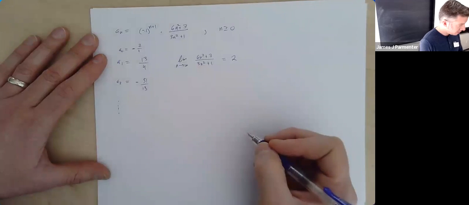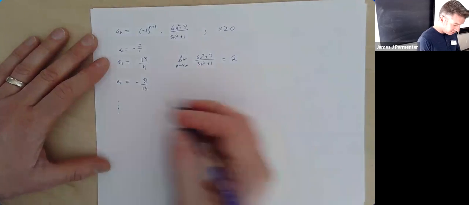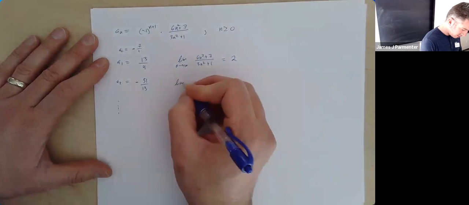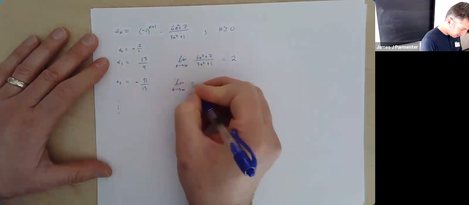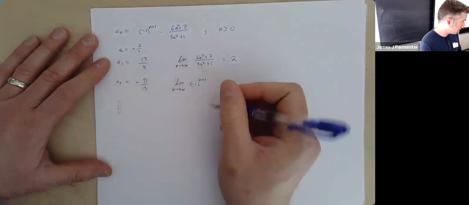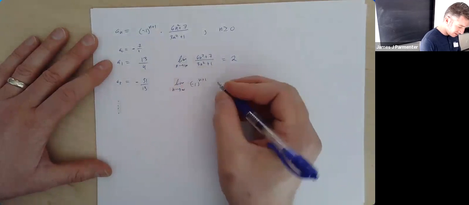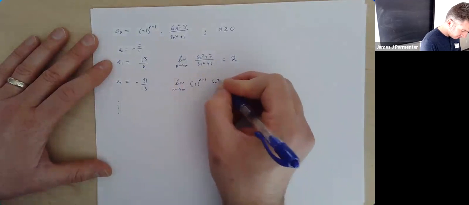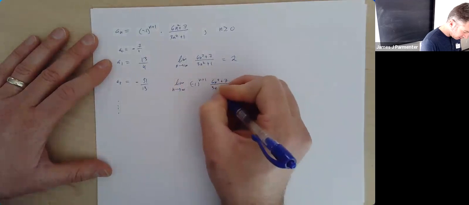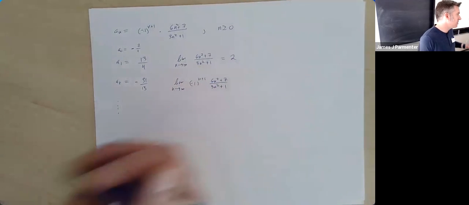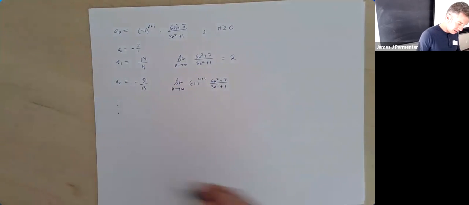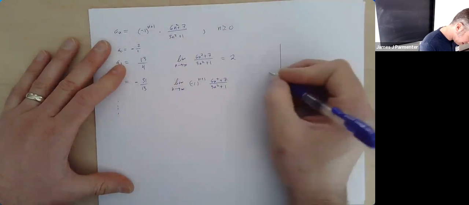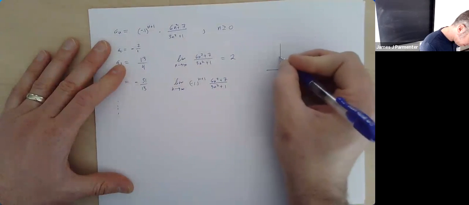Right. Which means that our alternating sequence is bouncing back and forth between numbers that are getting close to 2 and numbers that are getting close to -2. But unfortunately, that means that the limit doesn't exist, because what's going on is something that looks kind of like the previous picture, except